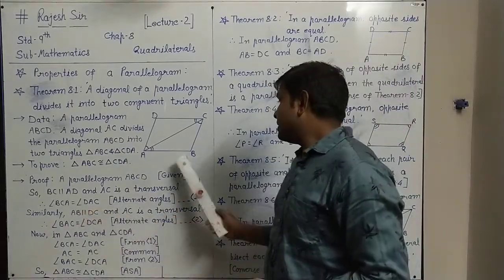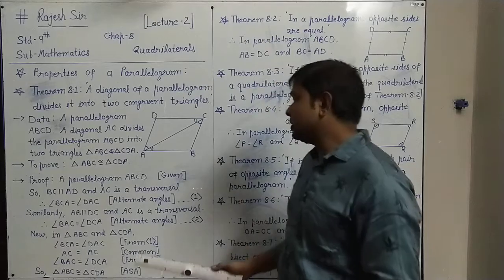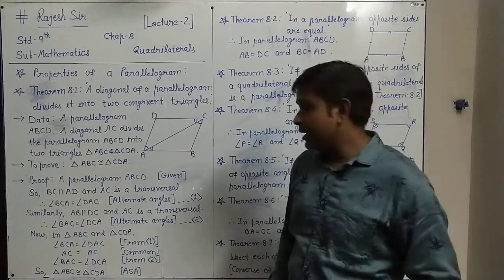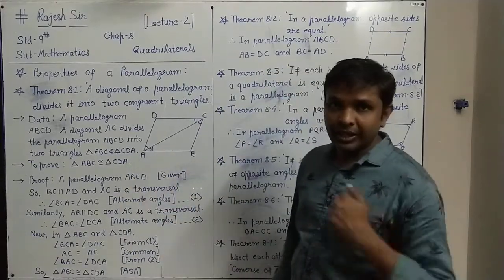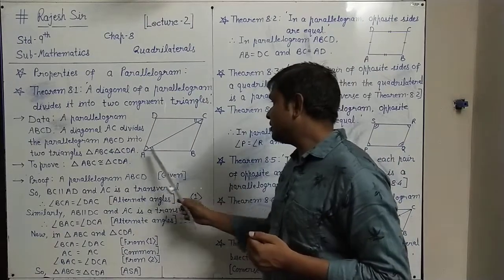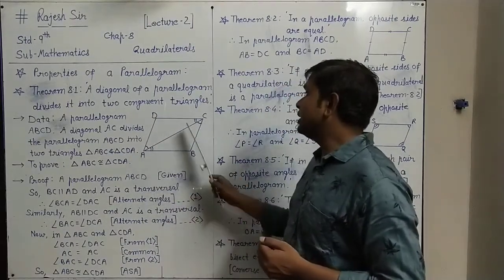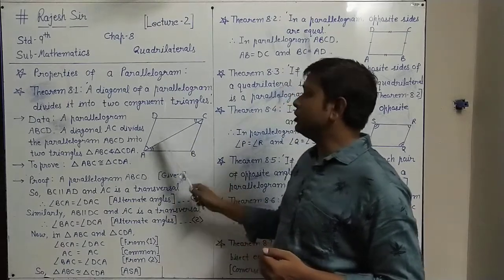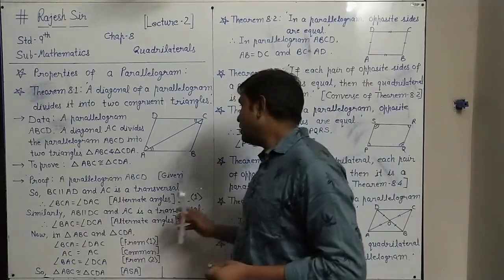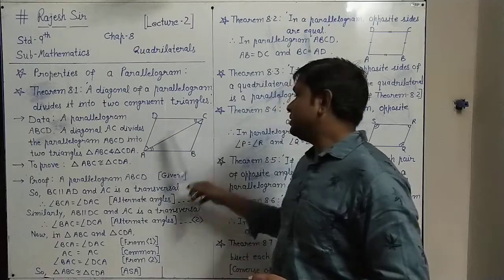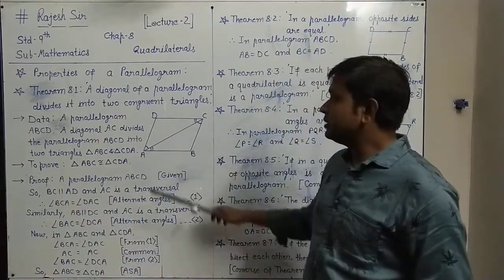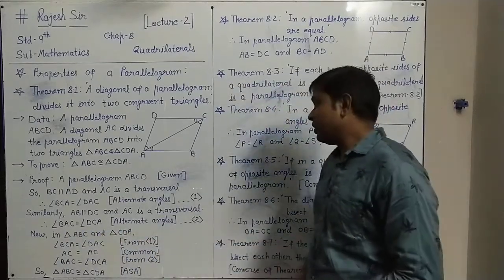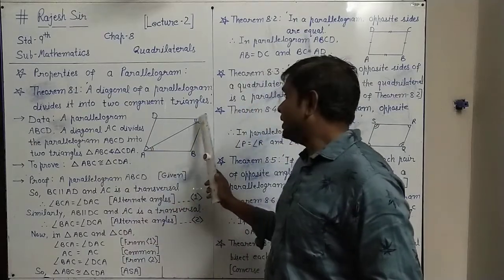We call this result 1. Very similarly, AB is also parallel to DC because it is a parallelogram, and opposite sides are parallel, and again AC is a transversal. So you can see the other side of the Z also. The Z corner angles are angle DCA and angle BAC. These two can also be shown equal: angle BAC equals angle DCA. Again these are alternate angles between two parallel lines, therefore they are equal. Call this result 2.